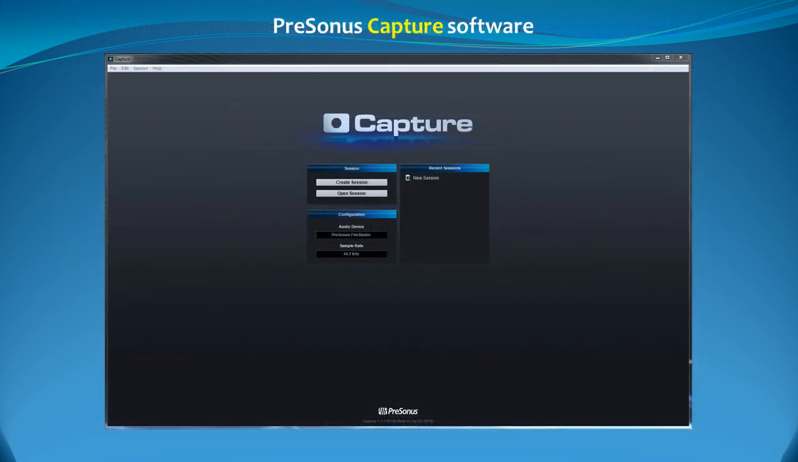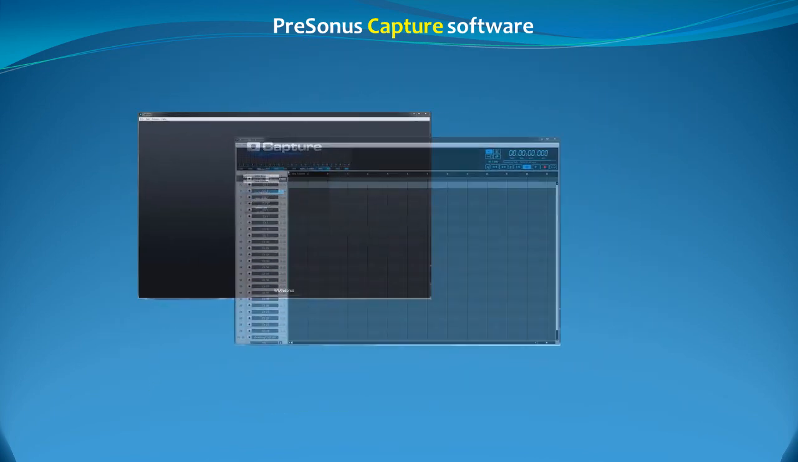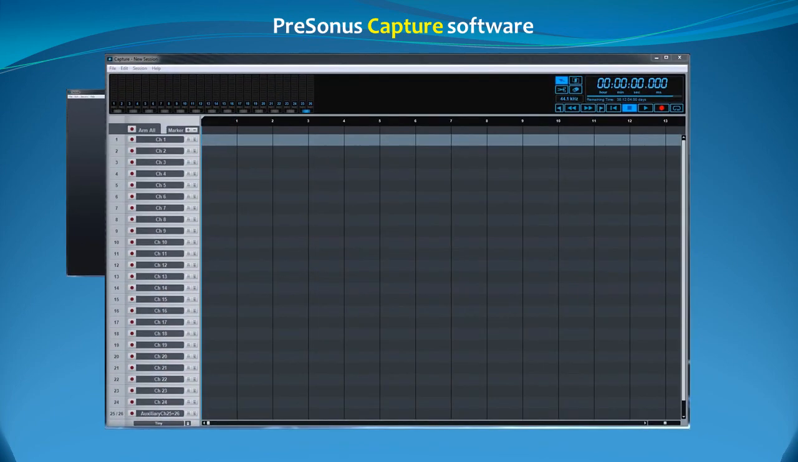Component number 4. PreSonus Capture Software. PreSonus Capture Software is a simplified, proprietary digital multi-track recording application. It only works with the PreSonus family of mixers. It can be launched rapidly and will record up to 26 tracks simultaneously from the PreSonus